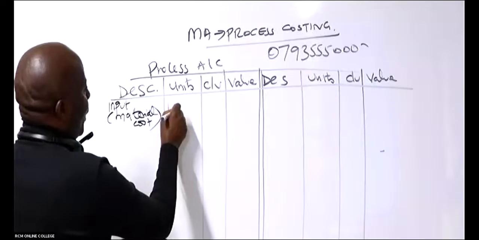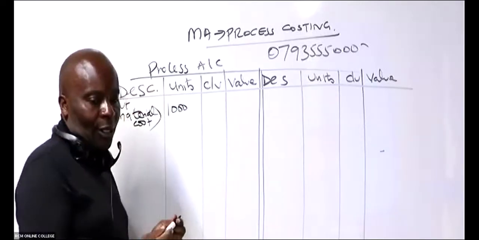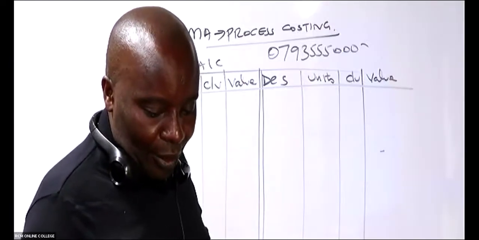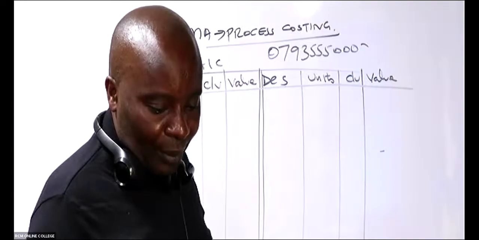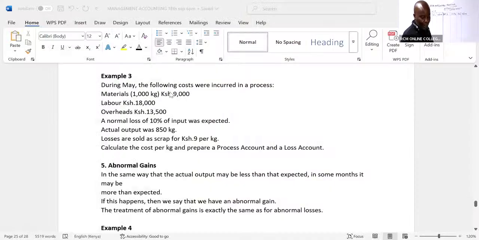So 1,000 units. And what is the total value of these 1,000 units? There are 1,000 units, ladies and gentlemen, and they are costing 9,000. The value is 9,000. So remember, once you've brought in the main material,